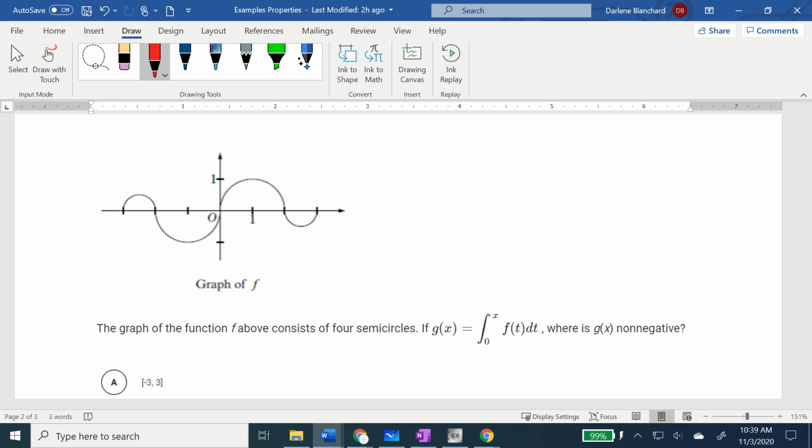This is the integral from 0 to x, and it's asking where is g non-negative. Non-negative means positive or 0. I'm going to start with if x is equal to 0, then I am getting the integral from 0 to 0, which means it doesn't really matter what function it is, I'm getting 0. Then I want us to look at if I move forward from 0 to 2,